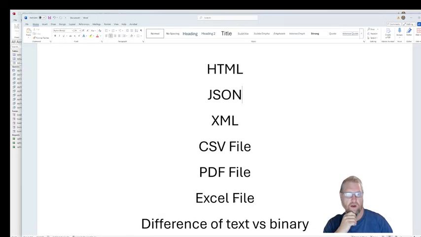That's a newer one. JSON for data, and then XML, and a comma separated value, a CSV file. Then we're going to talk a little bit about some of the other files like a PDF file and an Excel file. But the main idea here is what's the difference between the file types, and that always comes down to